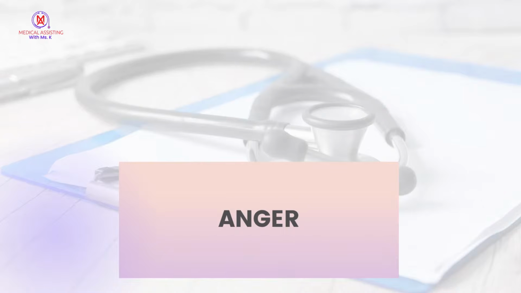So the 5 stages of grief, you have denial. Now, in that stage, a patient may choose not to believe it. And the stages of grief refer to loss, like losing someone, and also to a patient finding out they have a terminal illness. So denial is that first stage of being in disbelief, refusing to believe it. And then you have anger, where they may want to blame the provider. They get angry, maybe even at themselves.